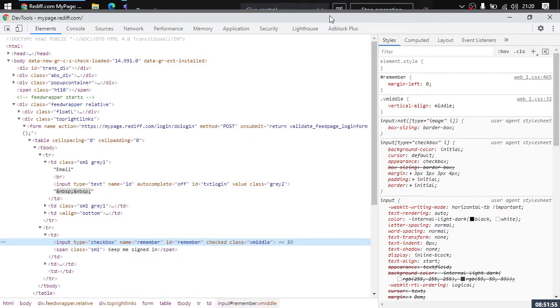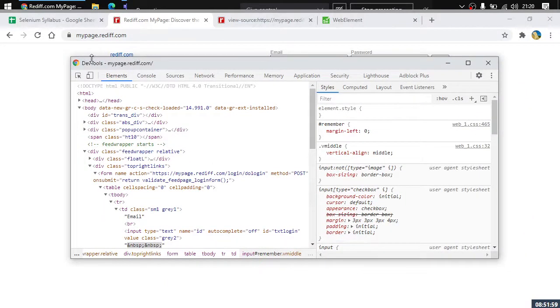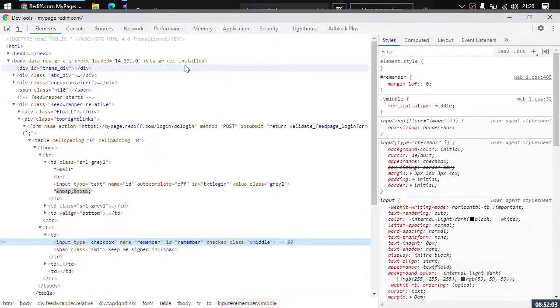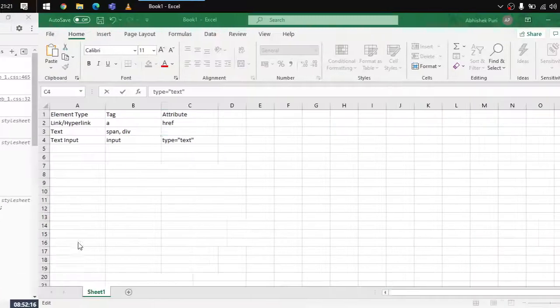Question is, what is this screen called? This screen is called developer tools. For Google Chrome, it is developer tools. For other browsers as well, it is also developer tools, right? Here you can see that the tag name is input, but here there is something different. That is, the type is now checkbox instead of text, right?